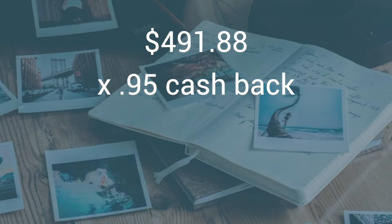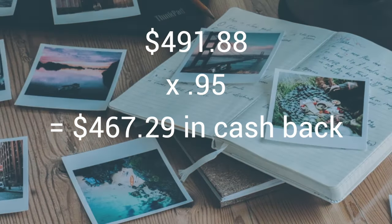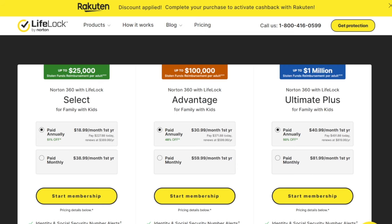So $491.88 times 95% is Rakuten would give you $467.29 back in cash back. But you don't want to take that as cash back. You instead want to convert it into Amex points, which you can do if you have an Amex Platinum, Amex Business Platinum, Amex Gold, Amex Business Gold, Amex Blue Business Plus, Amex Green, anything that earns Amex membership rewards points. Just link that up to Rakuten. And then in your Rakuten settings, say that you want to be paid out in Amex membership rewards points,